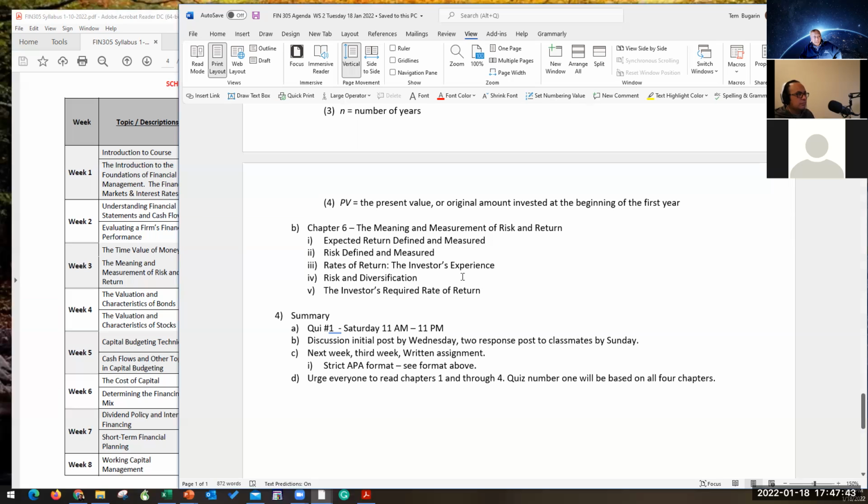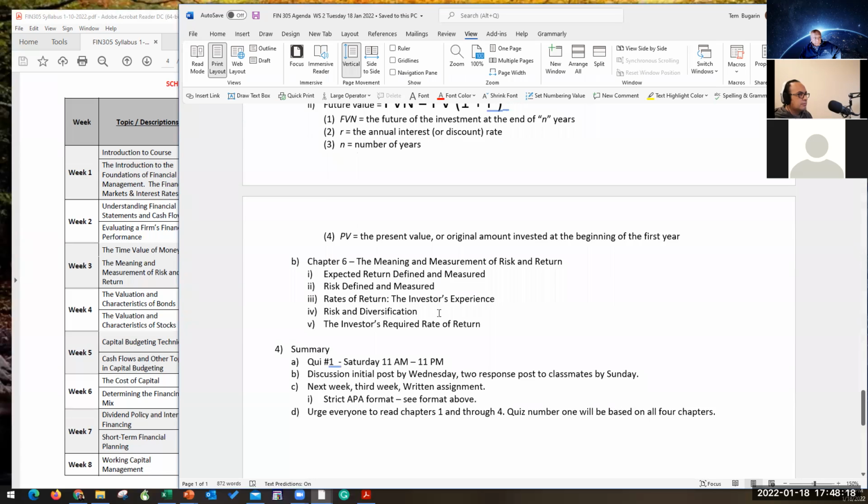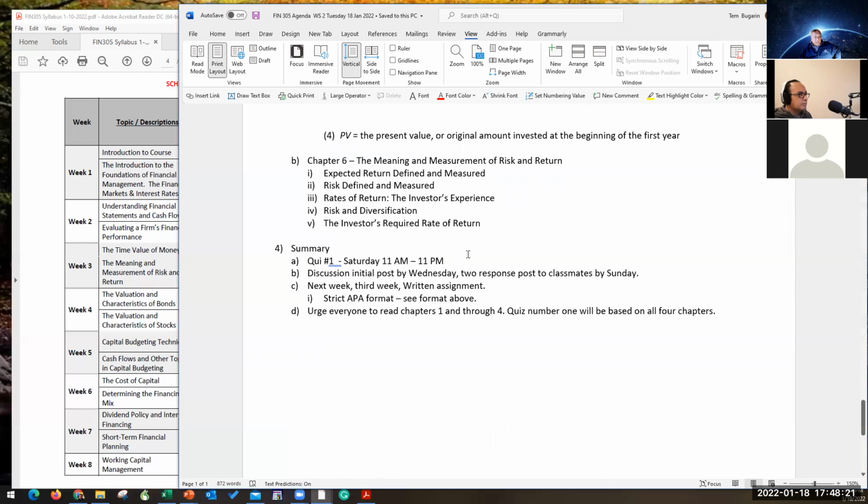All right, and chapters 5 and 6 are just future value and present value. And so, given a specific interest rate, given 5, 10, 15 years, and present value, what's the future value? And the question is, if we want to earn $10,000 in future value, given a rate of 5%, how much do we need to invest? That sort of question for present value and future value. All right, so that's basically it